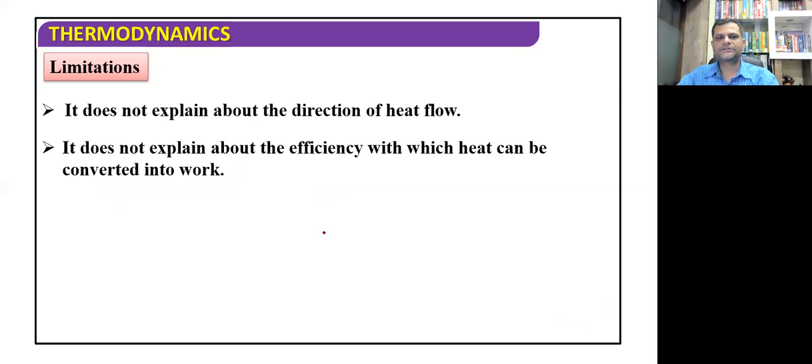These are the limitations of the laws of thermodynamics. थर्मोडायनामिक्स के अंदर हम फर्स्ट लॉ से ये हमको कभी नहीं पता चल सकता कि हीट कहाँ से कहाँ तक फ्लो होगा, ठीक है। और दूसरा कि इफिशियंसी के बारे में ये बता नहीं जा सकता, क्योंकि इफिशियंसी के बारे में सेकेंड लॉ ज्यादा बात करता है।